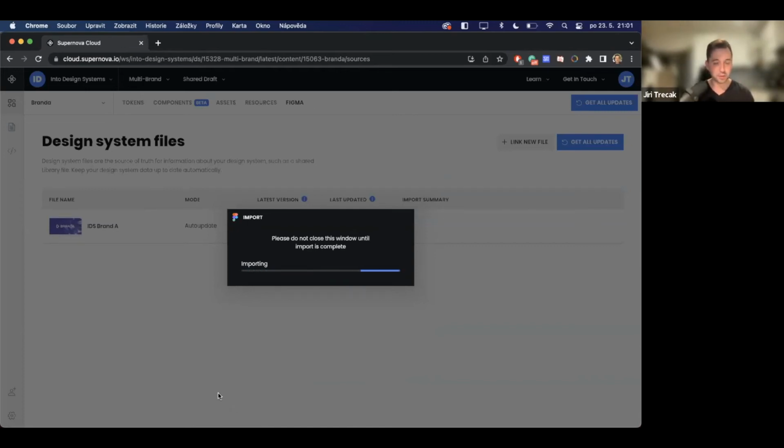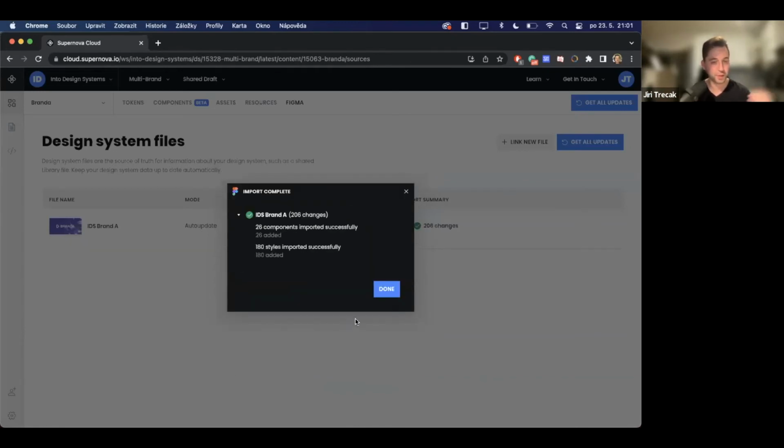What I will also do now, this import takes quite some time, but afterwards, after the first import, it's quite fast. And it is always done in the background, especially if you have automatic updates enabled, so you never have to see this window again. So I've imported brand A into Branda, and now I have 26 components added that I can work with,